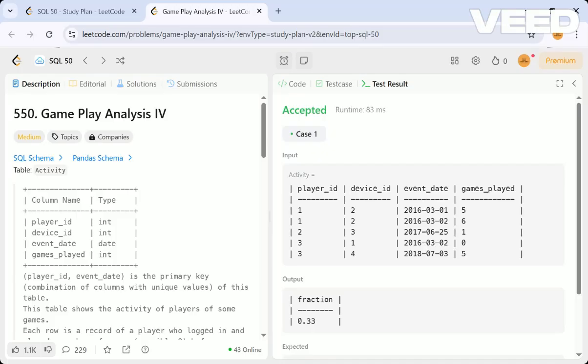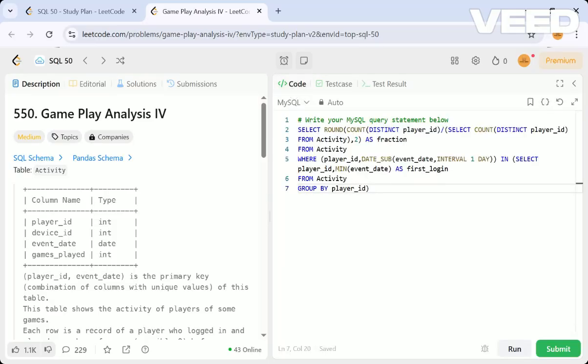The same thing you can do in a different form also, that is by using a WITH kind of thing. We can have the login date from one table, taking the minimum event date once, and then whatever we are doing here in the where, the date subtraction of one interval, we can do with date add also.